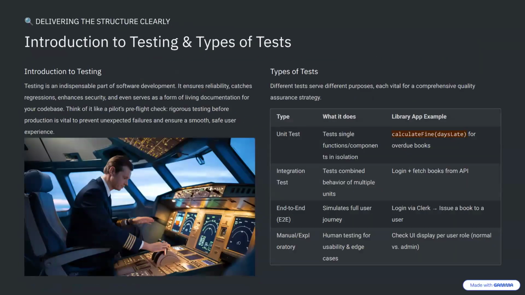Now, we have types of testing. Like I said, we have unit test, integration test, end-to-end test, and the manual one, which is exploratory. The unit test is the most common one, because you write tests that single out functions and components that you want to test in isolation. I'll give you an example. For example, you're trying to test a function called calculate fine, for something like overdue books in